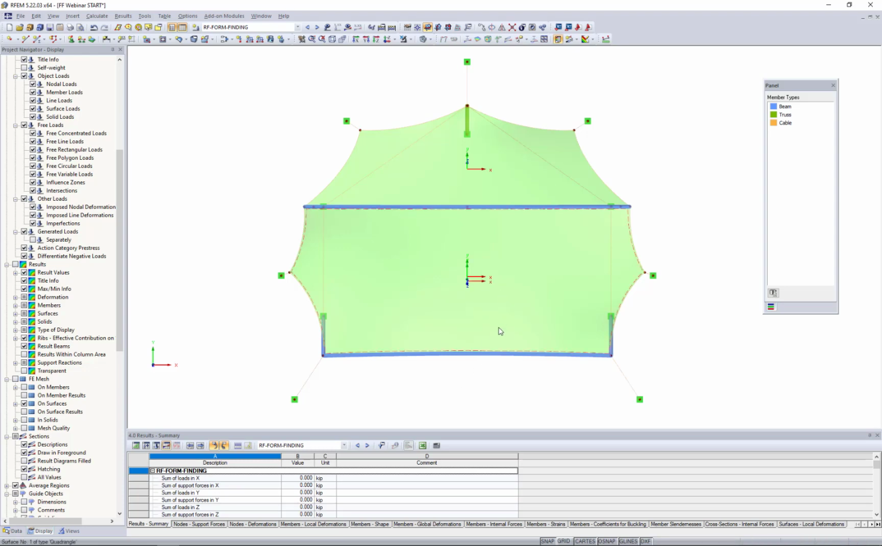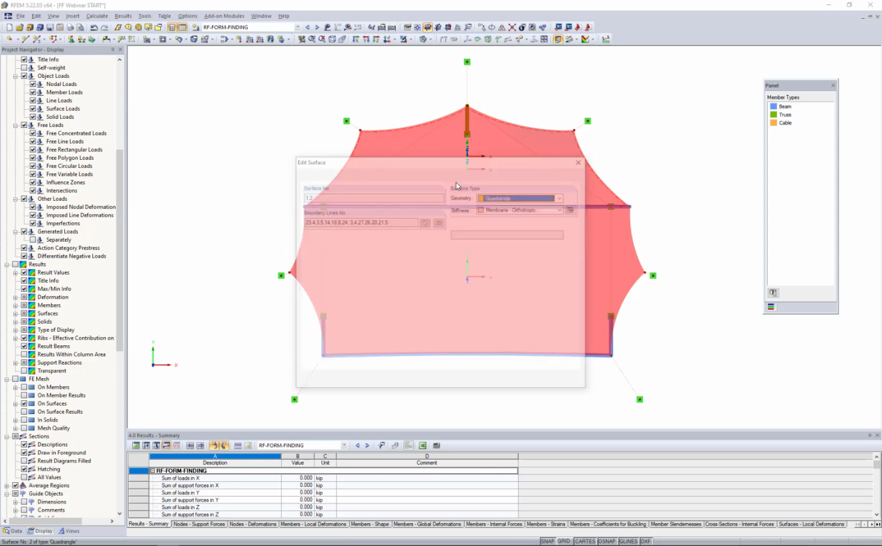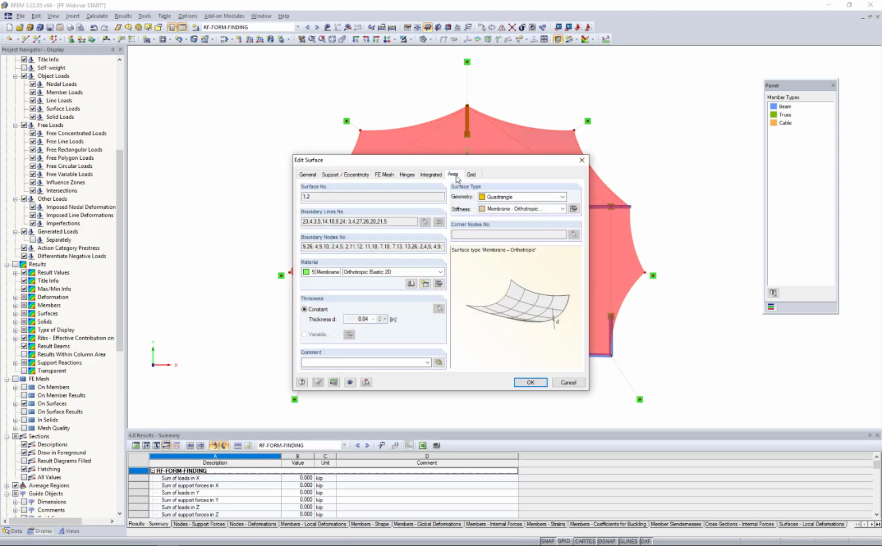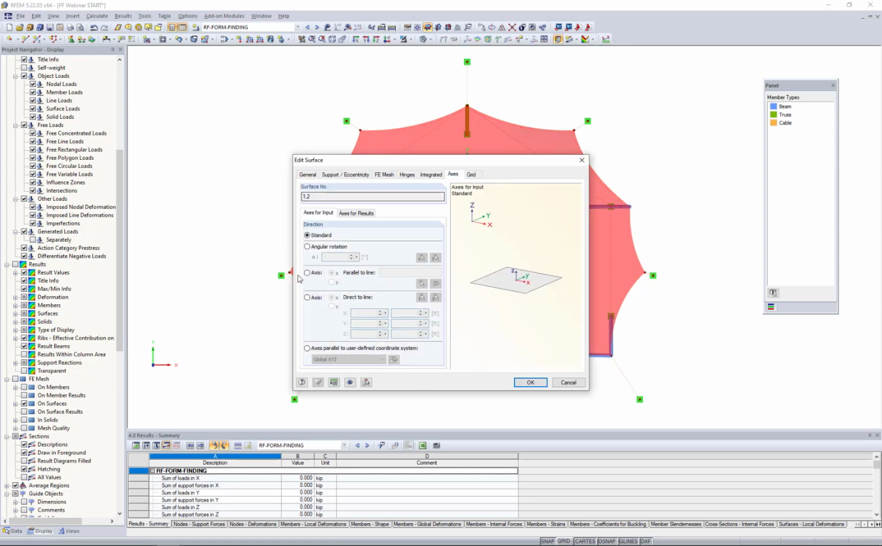Currently we have the X direction spanning parallel to our main frames here, and the Y direction is perpendicular. What I'd actually like to do is to rotate that. I want the Y direction to be parallel to these frames. So I can do so by selecting both of my membranes, double clicking them, and under the Axes tab, you can see that we have the ability to set the local Y-axis parallel